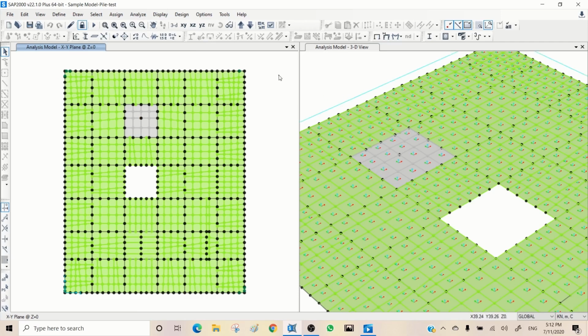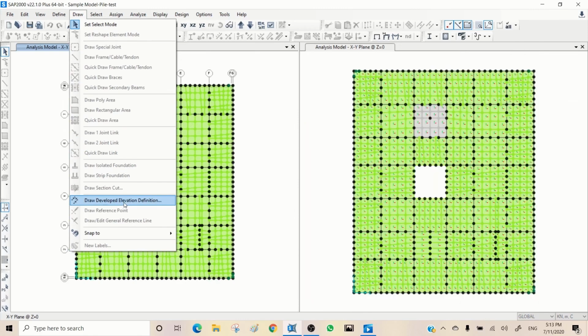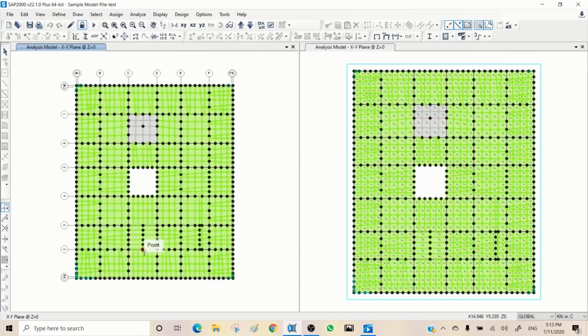This wall is not on our grid, so if I activate the grid lines, you can see I don't define any grid line here. So how can I see this wall? I can go and select it in 3D, but if I want to see it properly in elevation, I can draw an elevation here. So what I need to do, I need to come here, there are develop elevation definitions, and then I can select this, and then it automatically draws for me